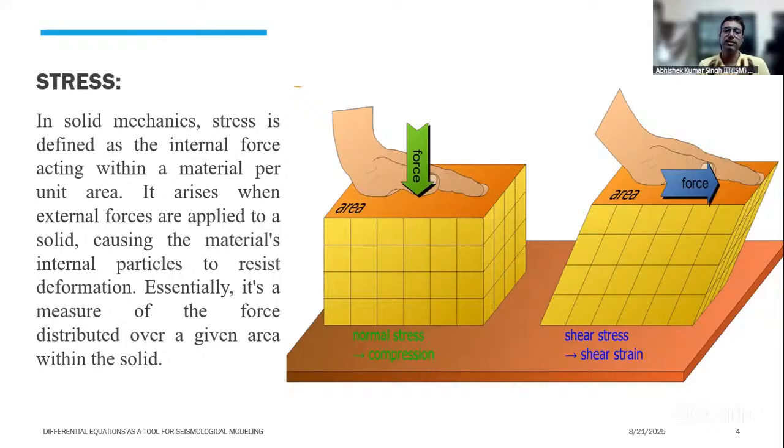So these stresses may be classified. There are different ways to classify, but majorly it is classified in two parts. One is called normal stress, when we talk about the stress perpendicular to the surface area. And when the force causing the stress is tangential to the material surface, so that